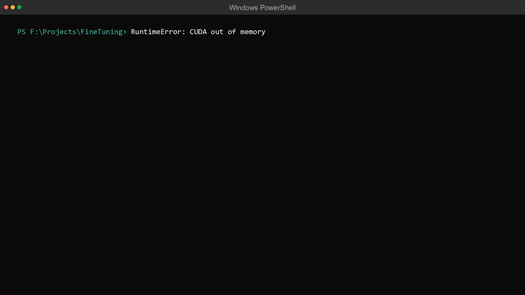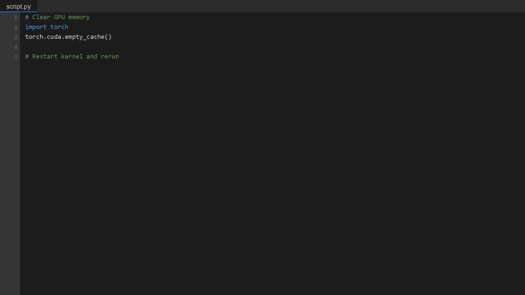Work through the fixes in order. Reduce per_device_train_batch_size, then compensate by increasing gradient_accumulation_steps to keep the effective batch size the same. Then reduce max_seq_length to 1024 if you're still hitting the limit, and confirm that gradient_checkpointing equals True. After an out-of-memory crash, the GPU holds onto allocated memory even after the Python process that caused the error has stopped. Write